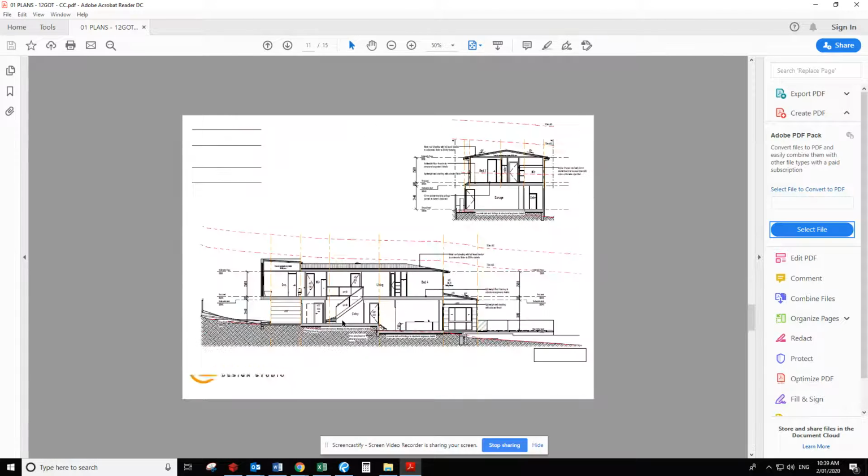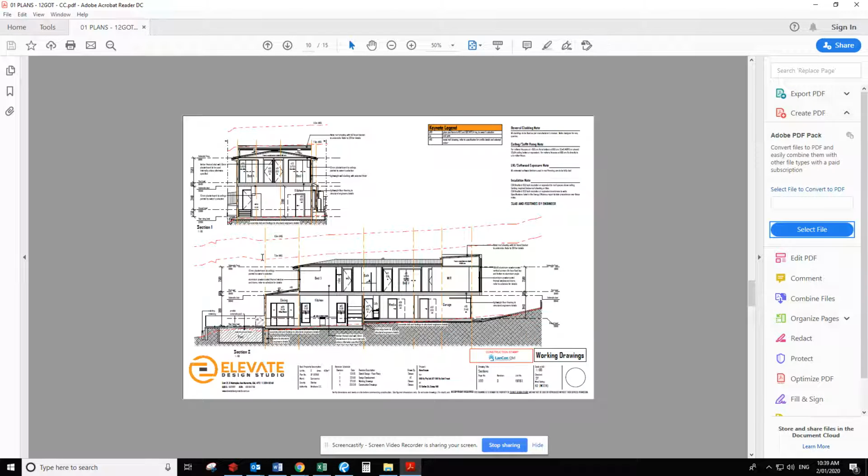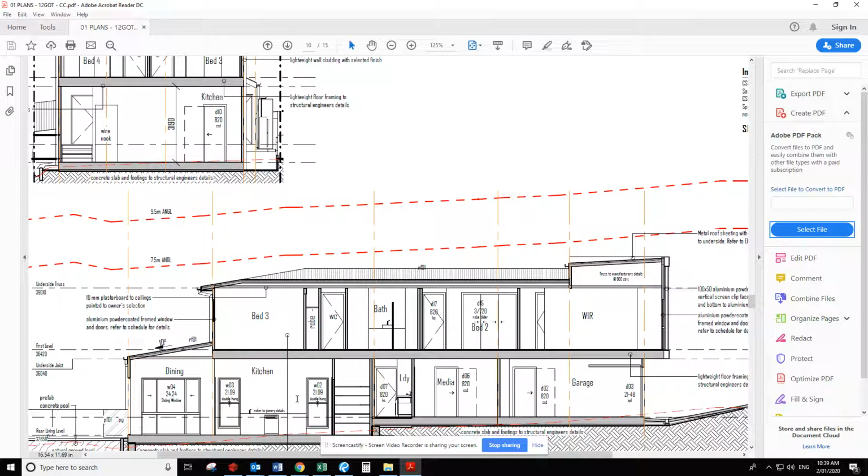So I just wanted to show as well, another thing that we get from our surveyors is your final height certificate. If this house was sitting much higher than it was, we may be required by the certifier to provide a height certificate. So that would be something that is documented on,